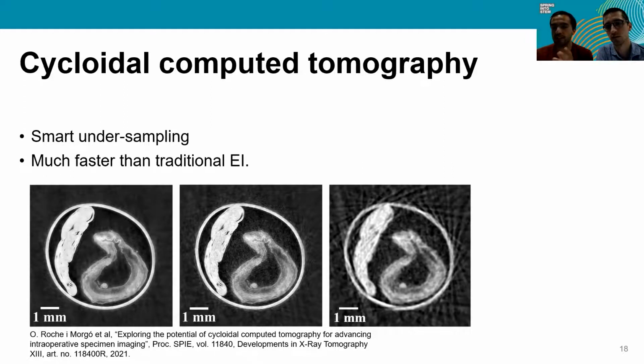But when you want a clinical system, you would do a fly scan, which means your sample is constantly moving while you're taking snapshots of it. This has been sped up to the order of minutes. The breast tissue specimens I've shown, with all the optimization, gave us images in between 20 and 30 minutes. That's the fastest it's been possible. But this might come at the cost of high resolution or quality, and hence where something like cycloidal CT comes in.